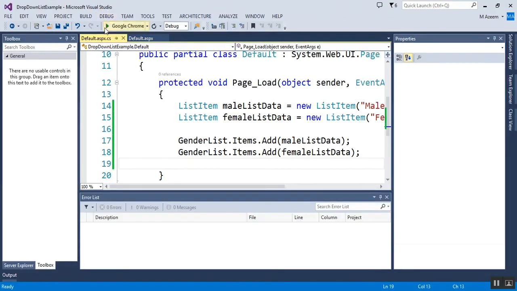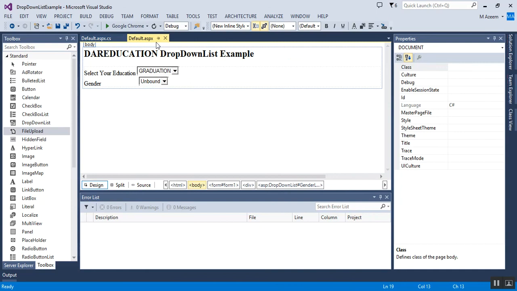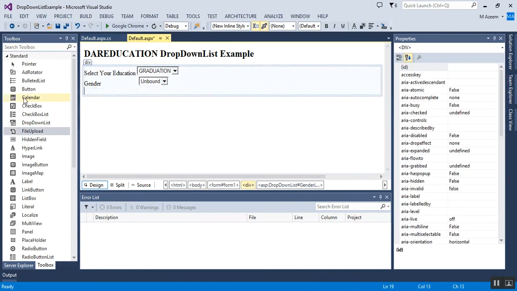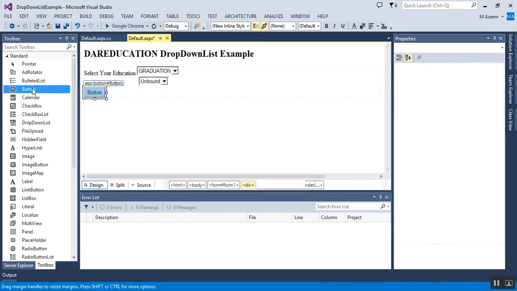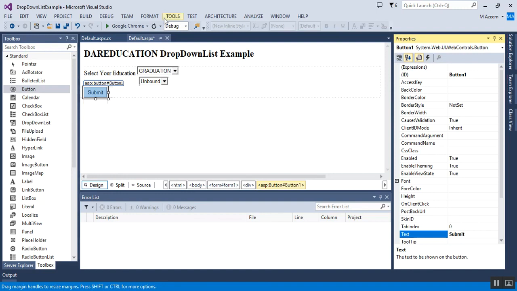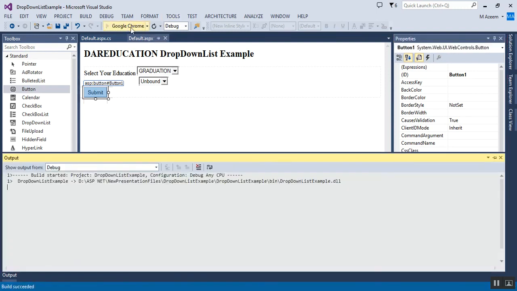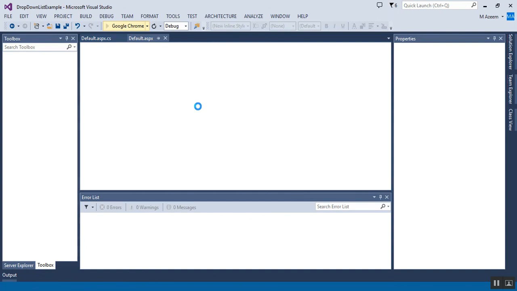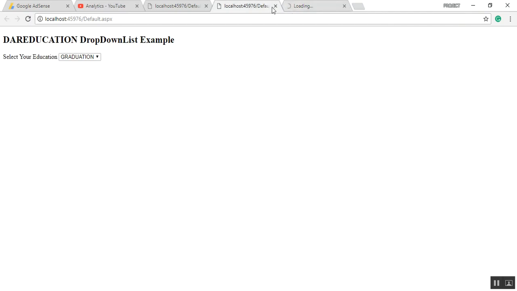For example, you can see that we have a button here, let's suppose, and we use this button as a submit button. Now run this program, and I will show you what kind of error you will face if you do not follow this thing. If you click on the button, then you will see that